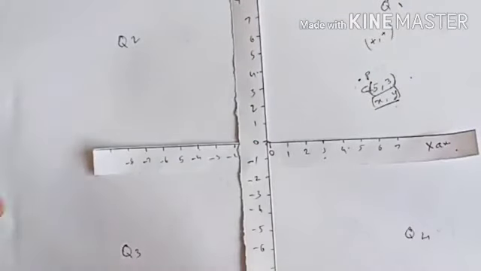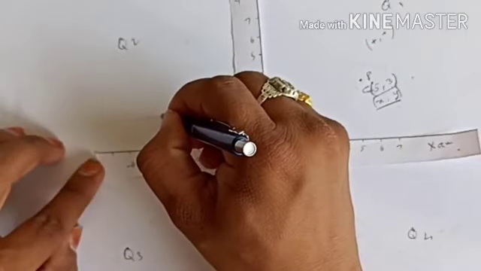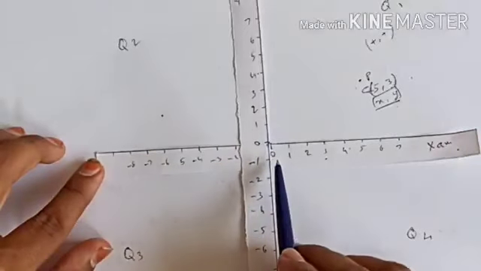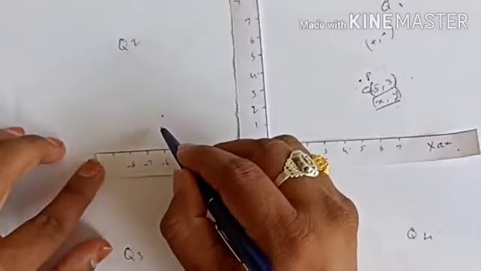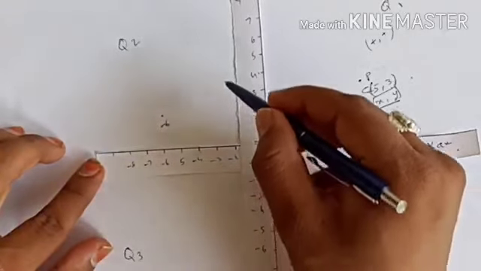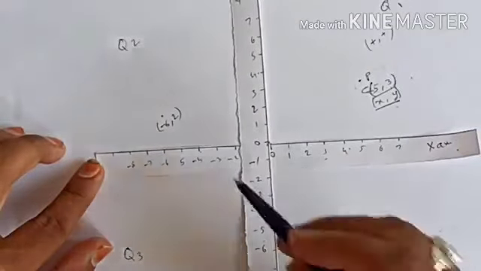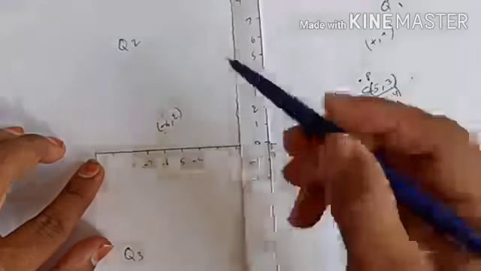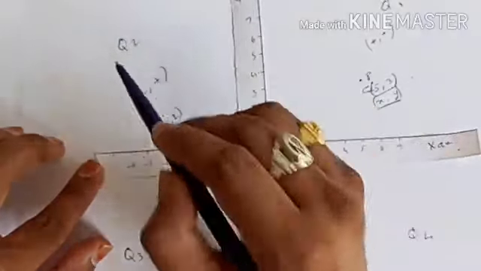Now when we come to the second quadrant, if I put a point here, this point is 6 units distance from the y-axis, but on the negative side of the origin. So we write it as minus 6, and it is 2 units distance from the x-axis in the positive direction. So we'll write (-6, 2). We can say x is negative, y is positive. This happens in quadrant number 2.